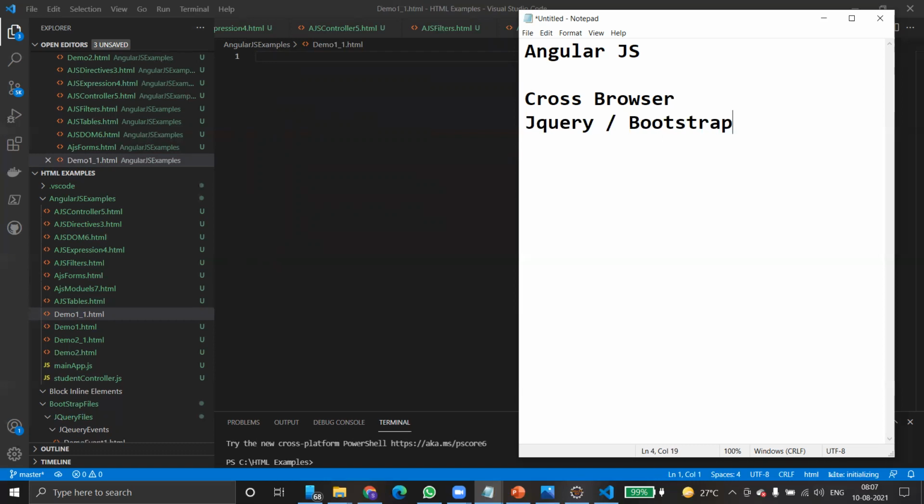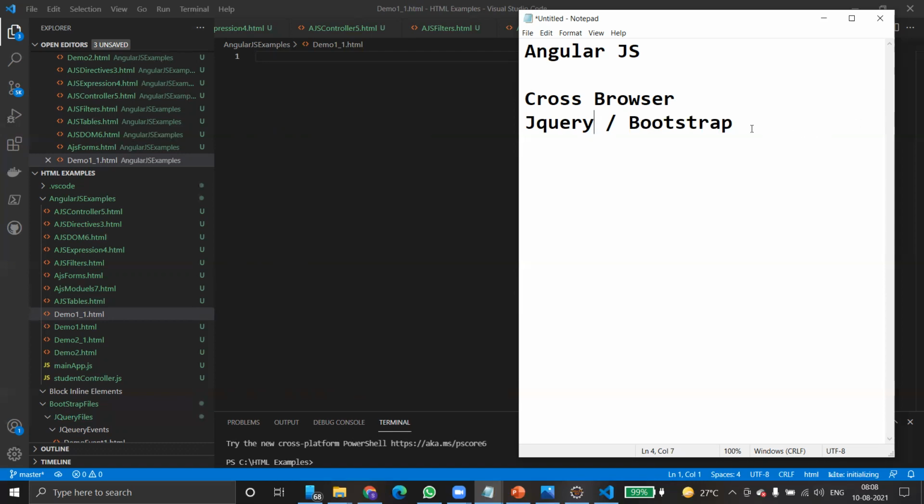Bootstrap is much easier compared to jQuery. Bootstrap is basically a kind of JavaScript as well as HTML and CSS styling. jQuery you have to learn. It provides a lot of functions and attributes to deal with the DOM objects like JavaScript. The program is a little bit different from JavaScript. In jQuery we use a dollar and inside that we pass document. Then we handle the objects by using ID or whatever it is.